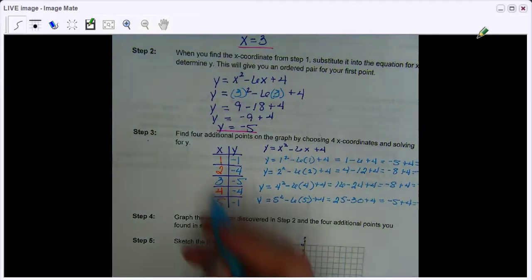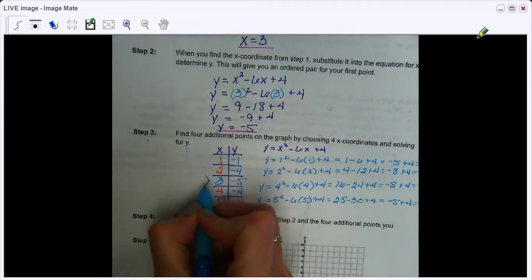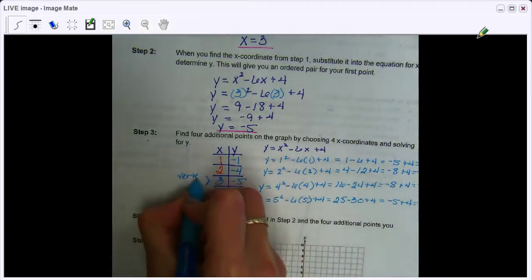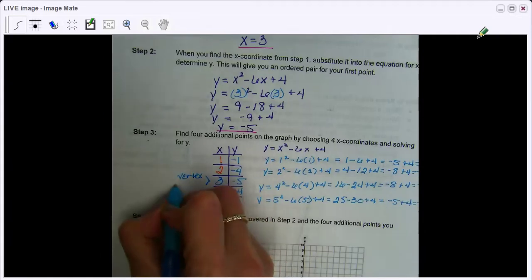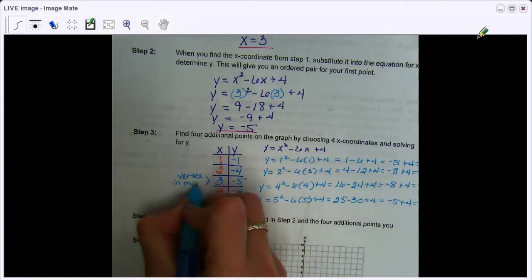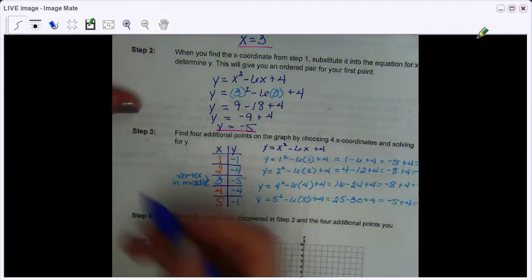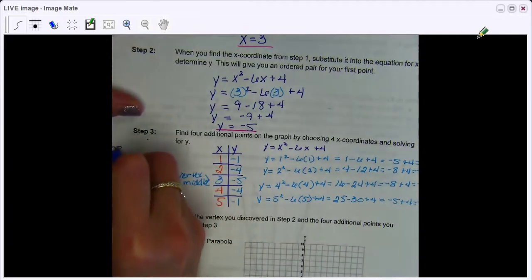So this is your vertex. You want to put your vertex in the middle. And then over here, if you want to write this, you're going to choose